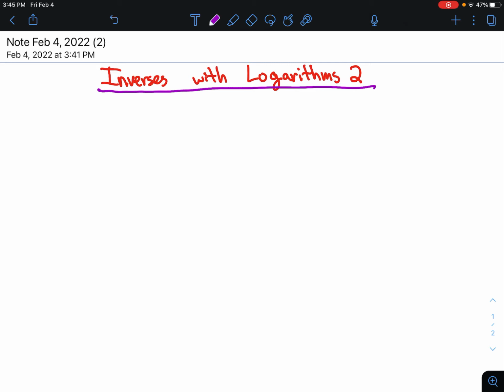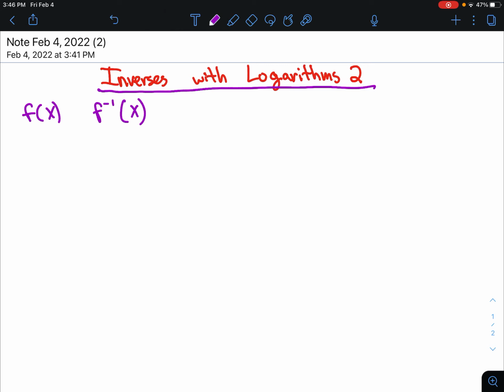In this video, we're going to explore inverses with logarithms in the context of equations and expressions. So we kind of looked at graphs already, and now we're going to think about inverses as expressions and equations. So one property of inverses that we already have explored and know for any function f of x, if it